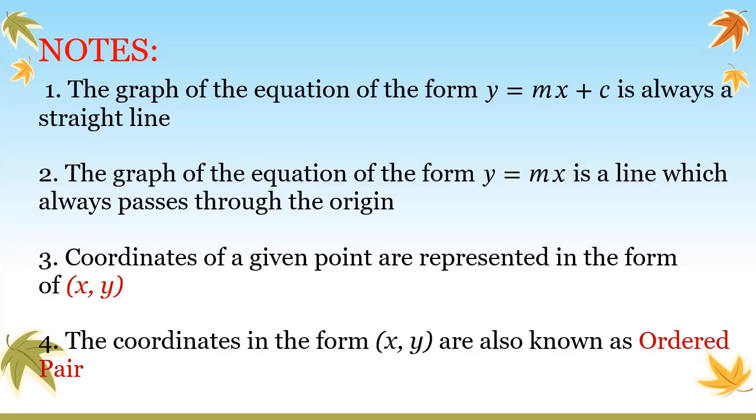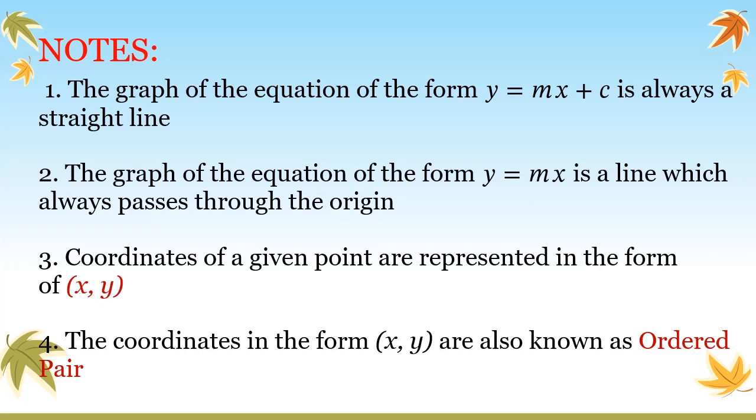Some important points to note. Very first, we know that the graph of a linear equation in two variables is always a straight line. Yes? In our higher classes, we will study about y equals mx plus c. Here, y and x both are variables. So this is also a type of linear equation in two variables. So the graph of y equals mx plus c is always a straight line.